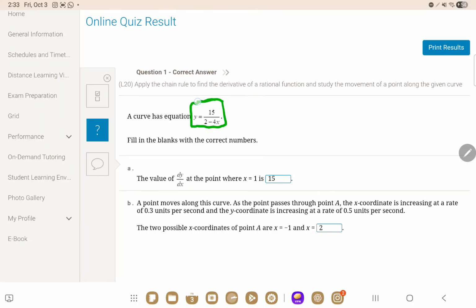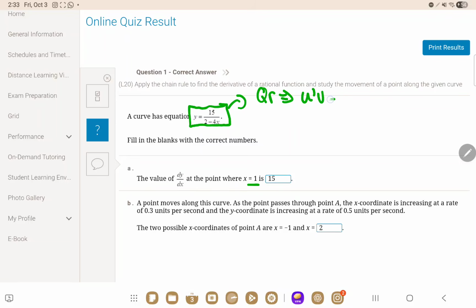Now, they asked us the value of dy by dx at the point where x is 1. Now, if you have an integral calculator, throw it into your calculator and you're going to get 15 as your answer. If you don't, we use the quotient rule. Now, the quotient rule states that it is